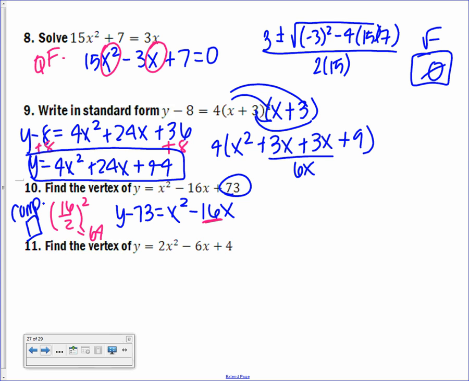And the next thing I did is add that number to each side. So I've got y minus 73 plus 64 equals x squared minus 16x plus 64. Okay, from here on the left side, you're just going to simplify together. So you're going to get y minus 9 equals, and then on this right side, you needed to get it